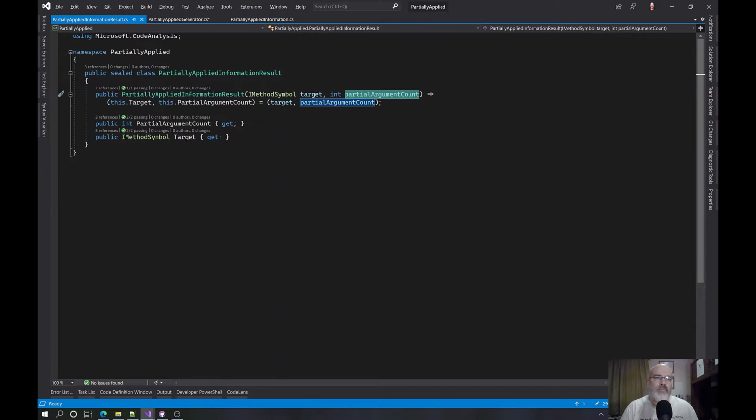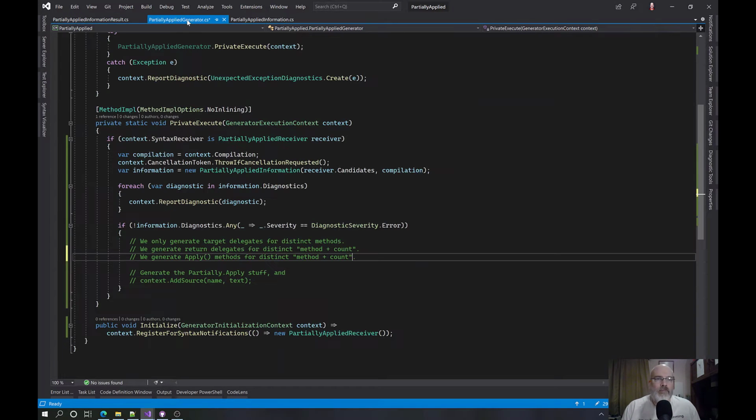Okay. And I guess I could put a comment here to say that's what the partial argument count means. My brain is screaming at me right now, do that, Jason, because you're going to do it wrong and you're going to forget what that actually means. But I know it means partially apply these arguments. Anyway, okay, so this is where I actually got to the point where I'm like, okay, I do have things to work on. And actually what I should say here is if information diagnostics any service error,